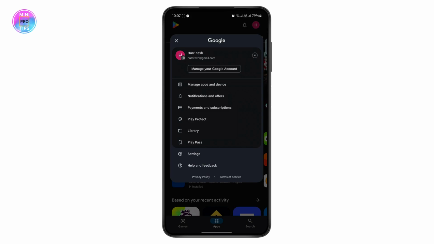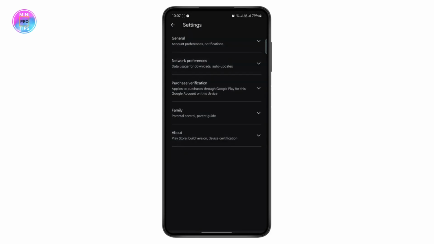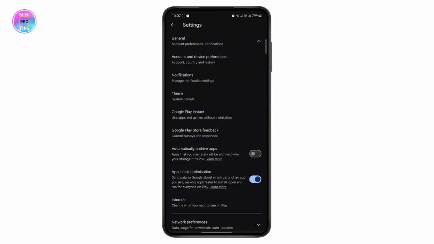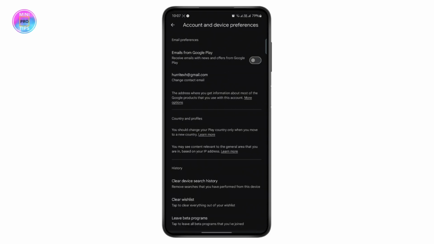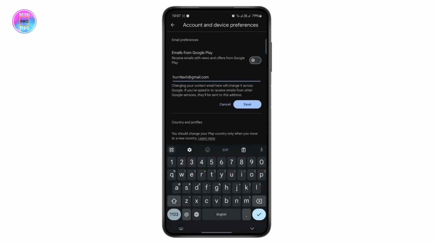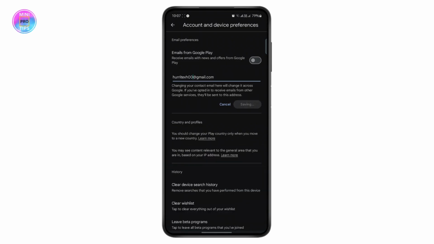But if you want to manually type in your email and change it, what you can do is go to settings, tap on general, and tap on account and device preferences. And from here you can tap on change contact email. You can tap here and edit your email if you have a valid email. For example, if I just add 00 here and save it,